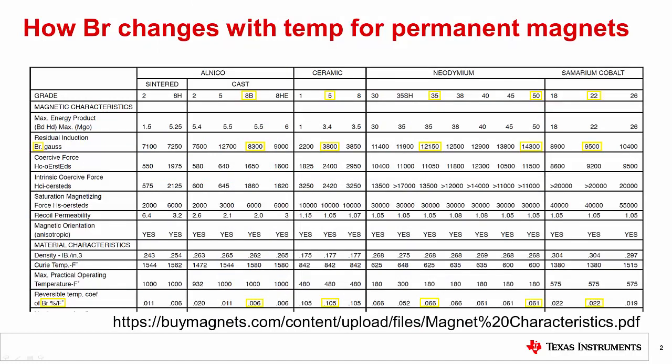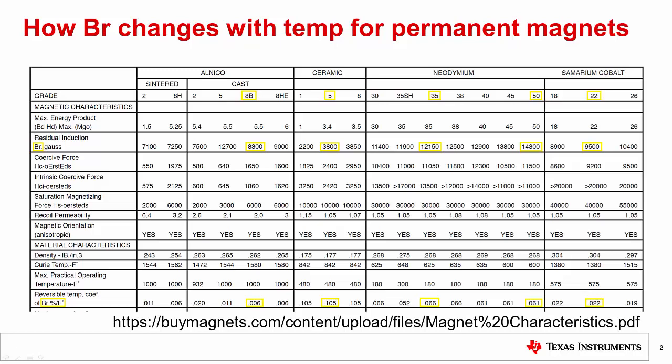The residual magnetism or remnants of a permanent magnet is an indication of the magnetic flux density of the magnet and is denoted by the letters BR. The remnants of a permanent magnet will change based on the temperature. This change is often defined as a negative temperature coefficient or as a positive reversible temperature coefficient in terms of either Br% per degree F or Br% per degree C.